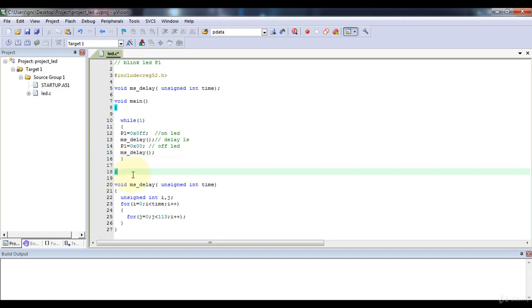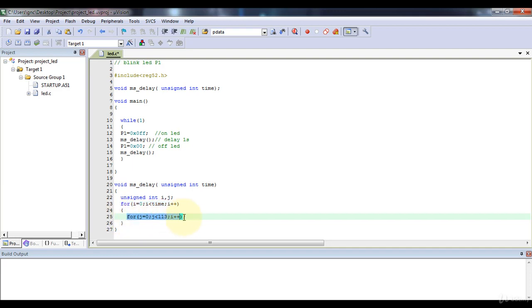Then let's try to write code for msdelay. To create a delay of millisecond, what I am doing here is using a simple for loop. Delay is nothing but making the microcontroller busy doing some operation which is not exactly relevant to your main code. So by writing this code, we are making the microcontroller busy doing some simple operations.